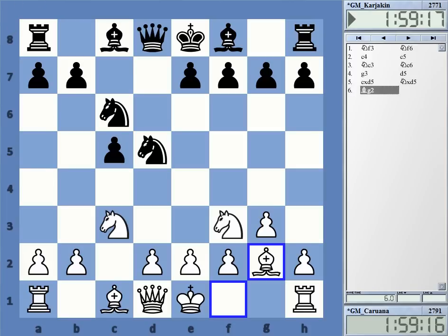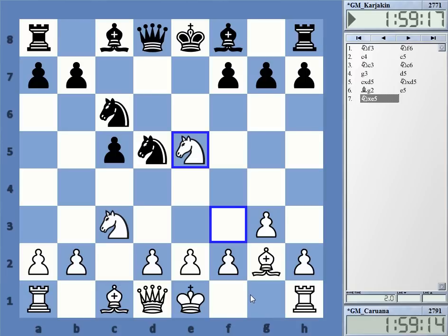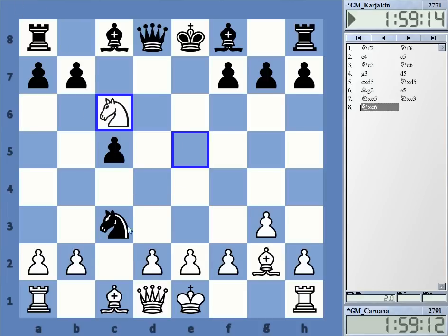I just wanted to point out one little detail. It's an easy one, but still, it happens time and time again. If black plays e5 here, this is a mistake because of knight takes e5. Yeah, little tactical motif worth remembering. Yeah, this is a pawn at the end. Or knight c3, there is this